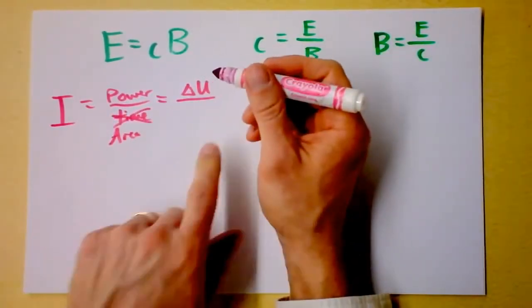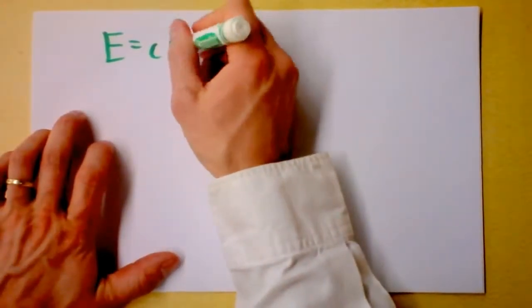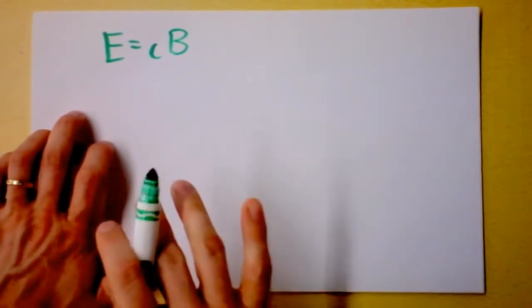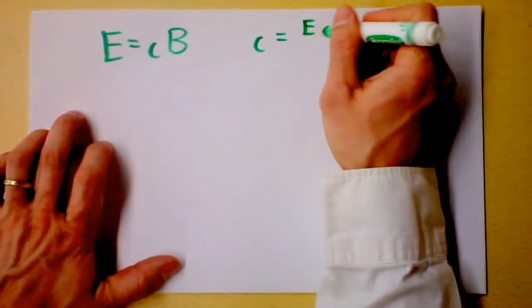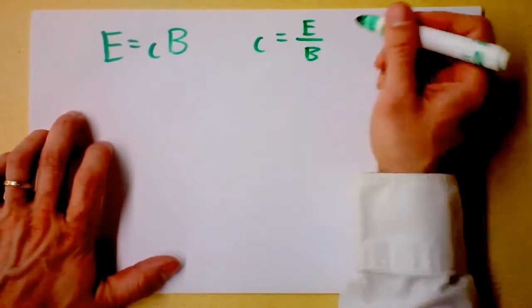Didn't we just finish saying that the electric field in a light wave is the speed of light times the magnetic field? Now, to me, that means that we could define the speed of light like this. Not only could we define the speed of light as the electric field divided by the magnetic field,